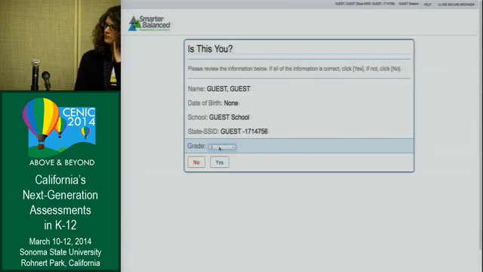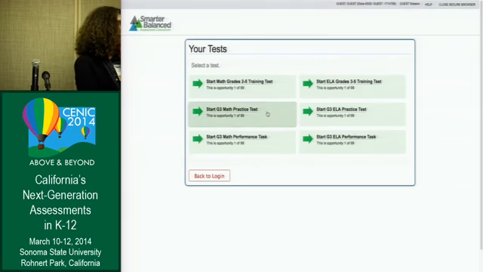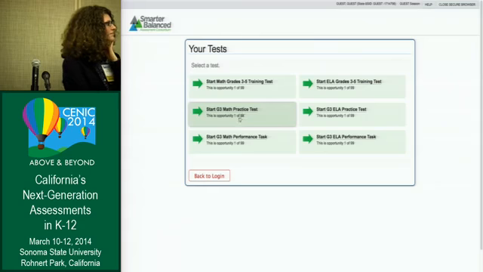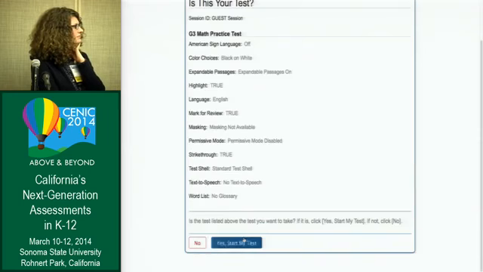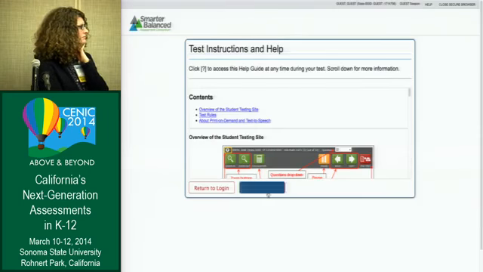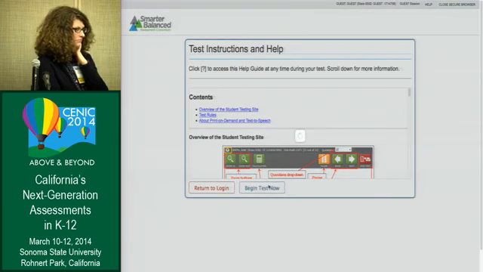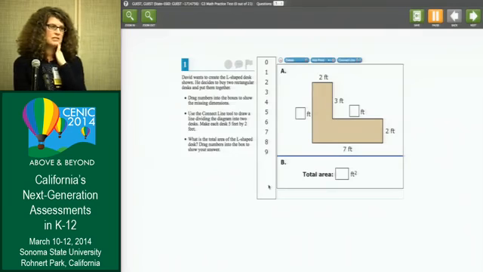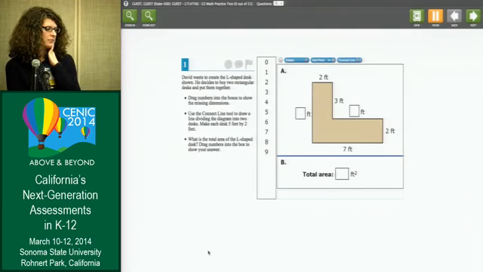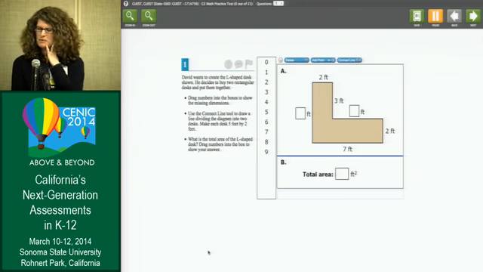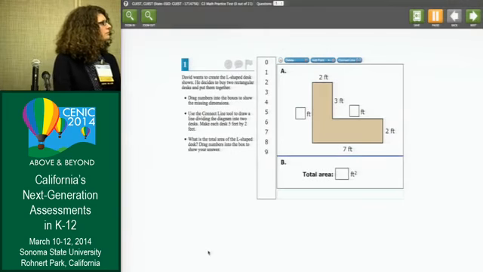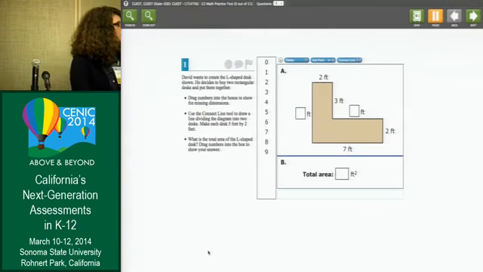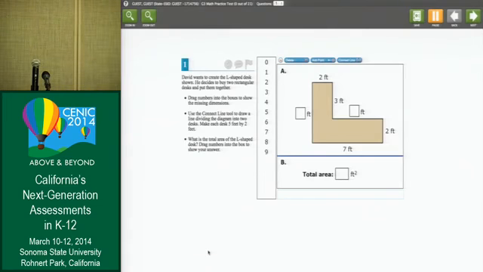I'm going to select third grade because I don't want to be embarrassed here. This is a math test. There are some accommodations and some instructions, so we'll begin the test now. There's a glossary for, I believe, 10 or 18 different languages, plus American Sign Language, and there's a Braille component. It will have interactive components. This is not your bubble sheet. There's comprehension, there's reading, there are performance tasks, and you can interact with the test.